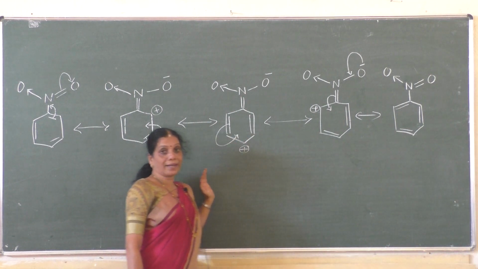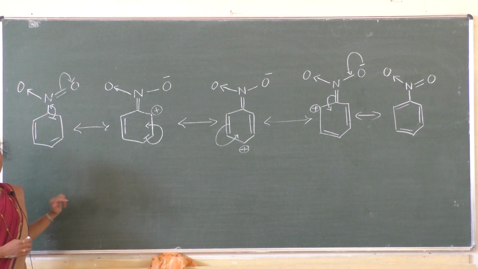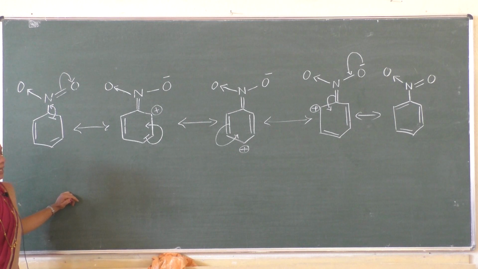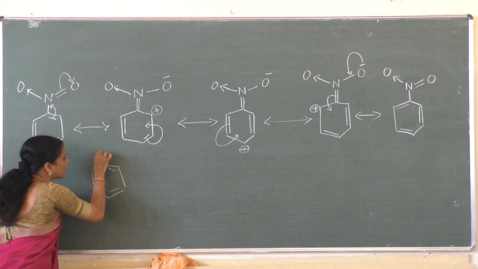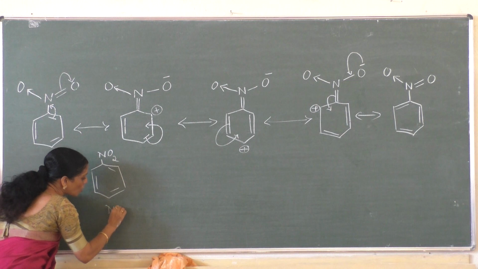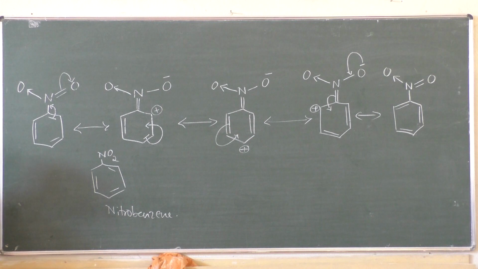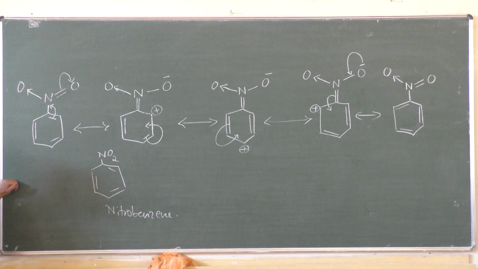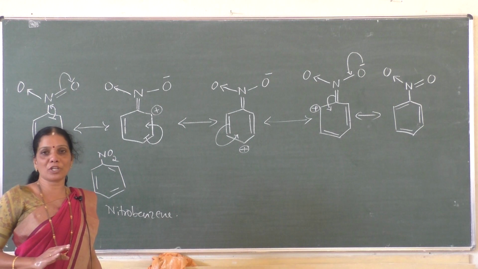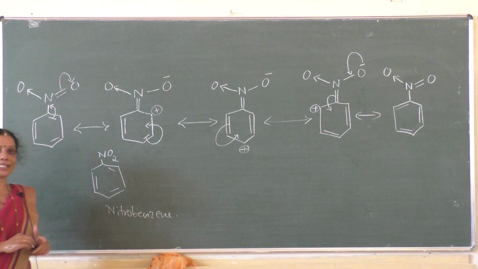Now we have completed one complete cycle of this resonance effect in the case of a nitro group attached to the benzene ring. If a nitro group is attached to a benzene ring, the compound is always called what? Nitrobenzene. This compound is called nitrobenzene. This is a nitrobenzene compound. If you consider this nitrobenzene compound, polarity will always be created. All the electronic effects lead to the formation of what? Two poles or two charged ends, a positive end as well as a negative end.